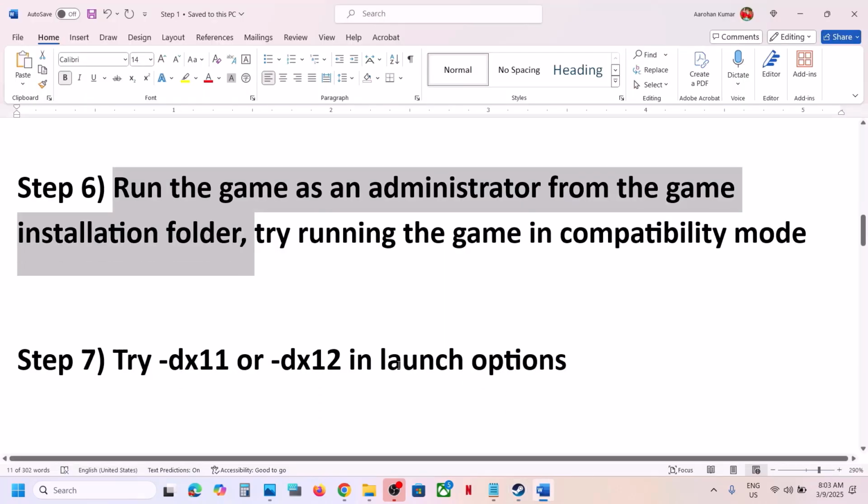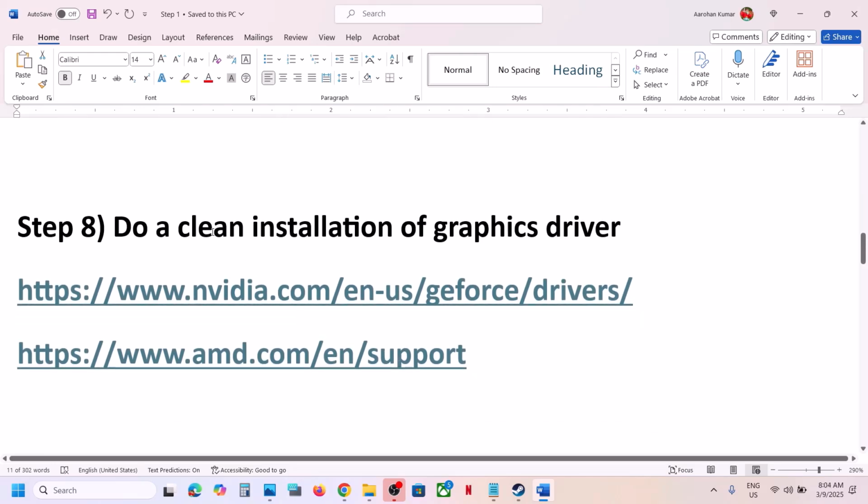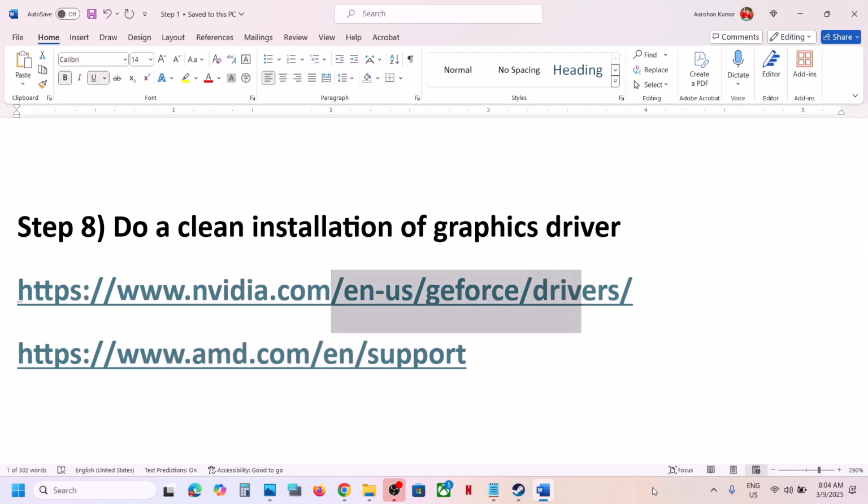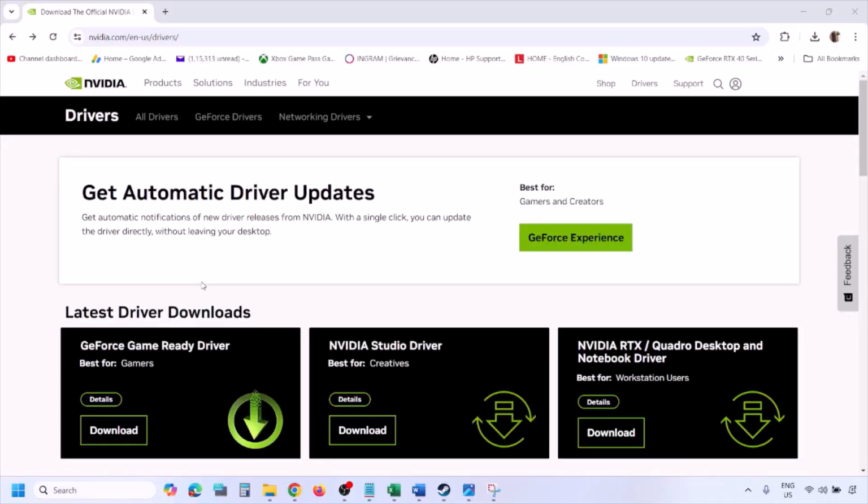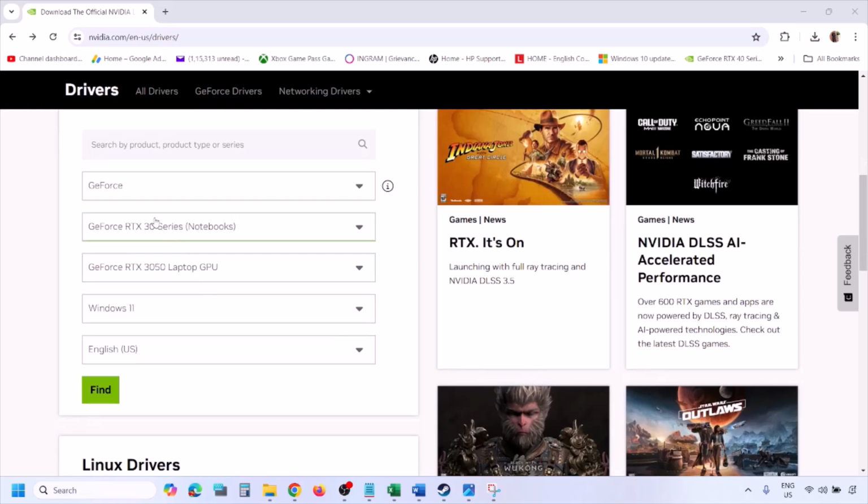Now the next step is to perform a clean installation of your graphics card driver. So if you have NVIDIA card, go to NVIDIA website. If you have AMD card, go to AMD website. I'm showing for NVIDIA. So to perform a clean installation, go to NVIDIA website and then select your graphic card